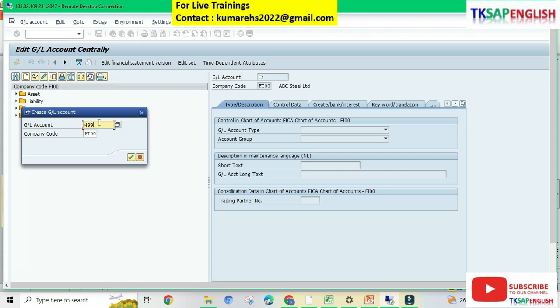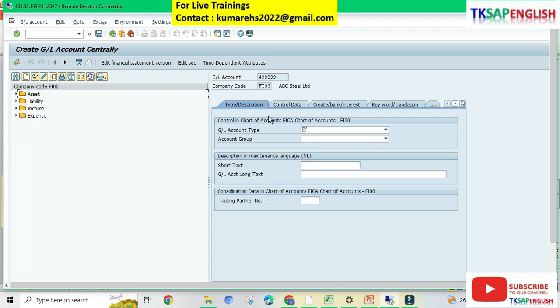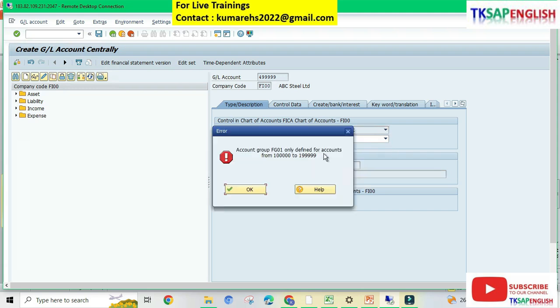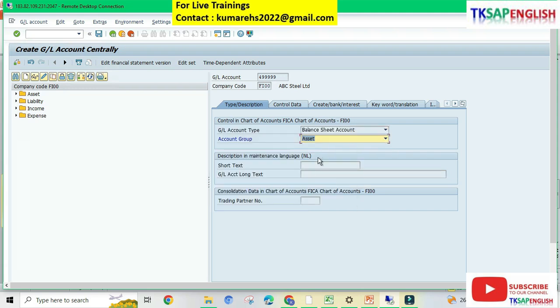Create, enter the GL account 499999. Enter our company code FI00. So why am I using the GL account 499999? In the retained earnings account, we are giving this number. So we need to create the same GL account. Select balance sheet account, asset, expense. Here, description,